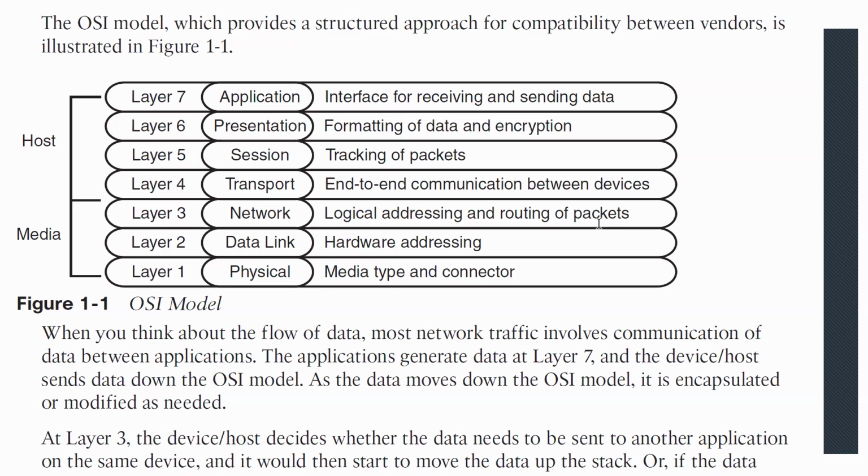Now, what is routing? Determining the best path to reach the destination. Okay, the process of finding the best physical path for data transmission is routing. Then we have the data link layer, which is responsible for hardware addressing. Hardware addressing means MAC address. Okay, and I believe now you know whether a MAC address can be changed or cannot be changed, right?